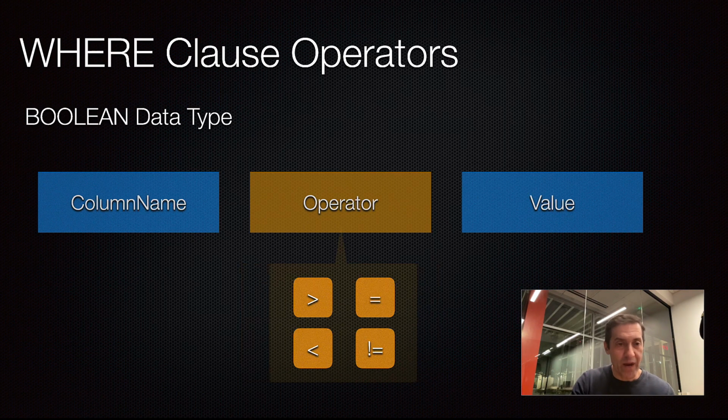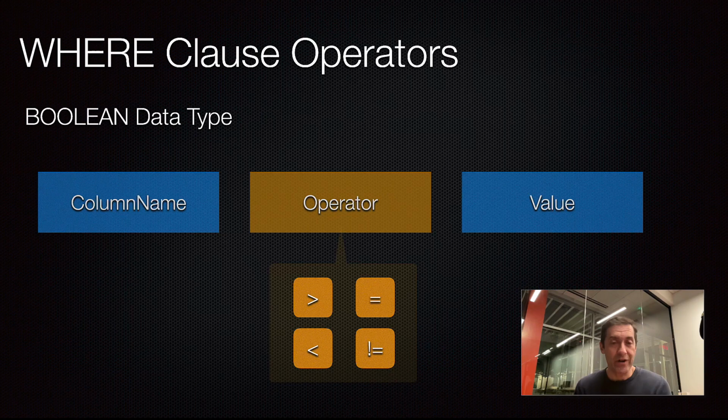And finally, we have the Boolean data type, and Boolean contains true, false, but you can reference values as zeros and ones. So you can say column name, specify the name of the Boolean column, and say equals 1, and it's going to be the same thing as true. Or you can say equals true, or not equals true, or greater than 0, and it's going to be the same thing as 1. So you get an idea. It's very similar to the numeric data type. However, the actual values are going to be true, false, or 0 and 1.